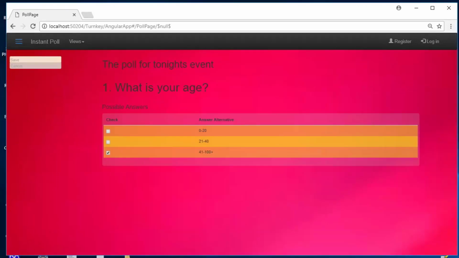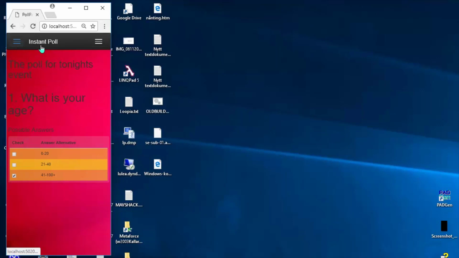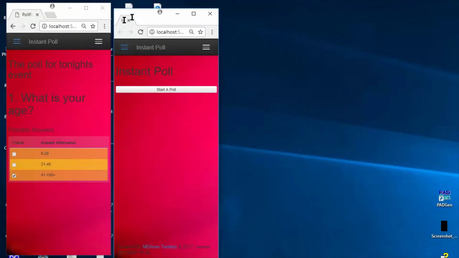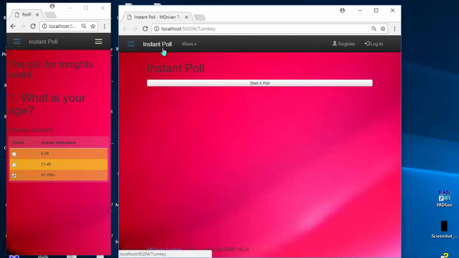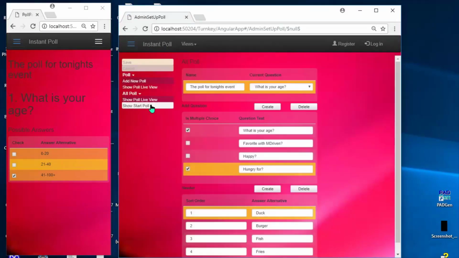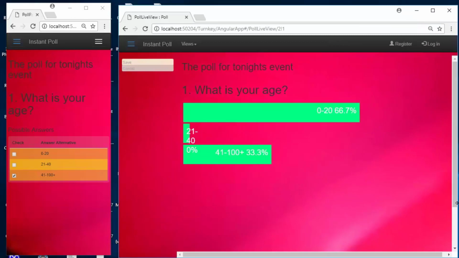And what happened then was that on everyone's mobile, a small form came up, something like this. And of course, Thomas had on the projector another form that looked something like this, the live view of the poll.